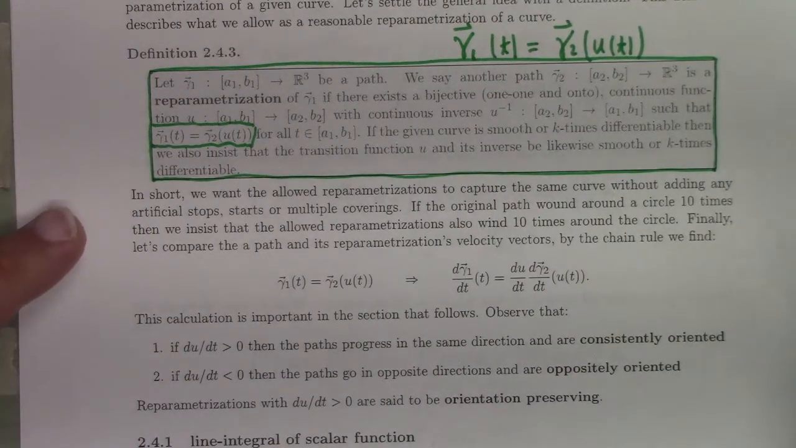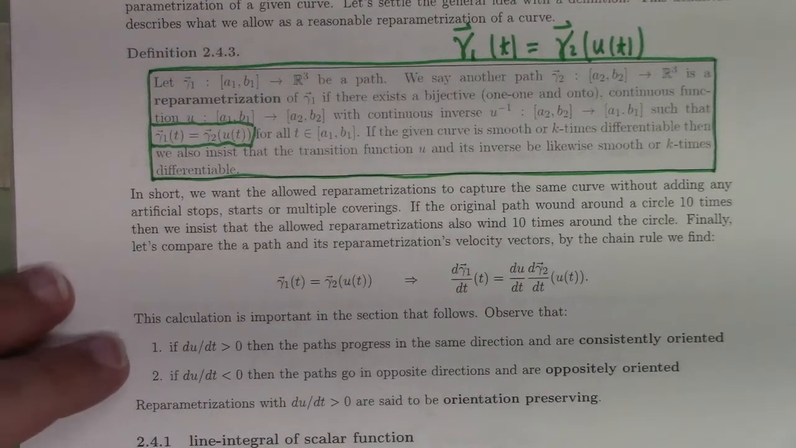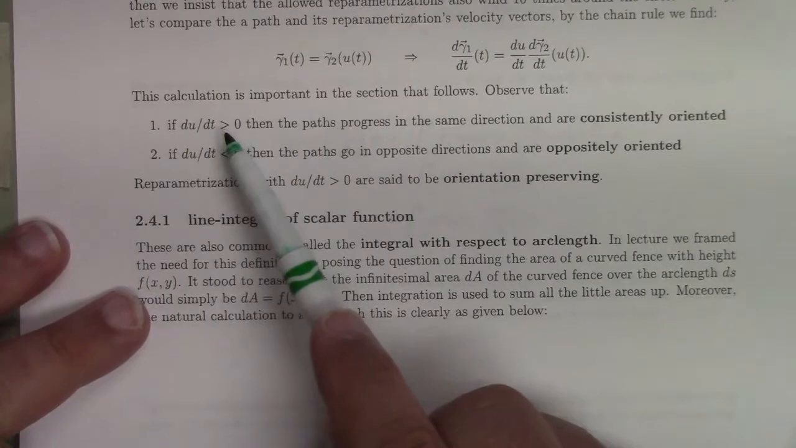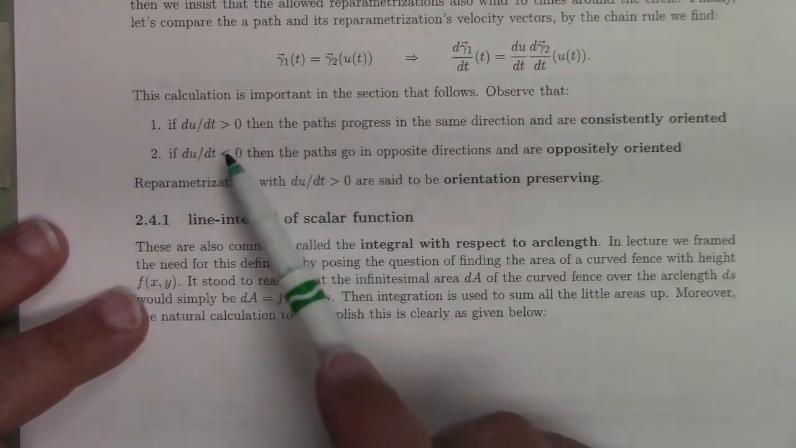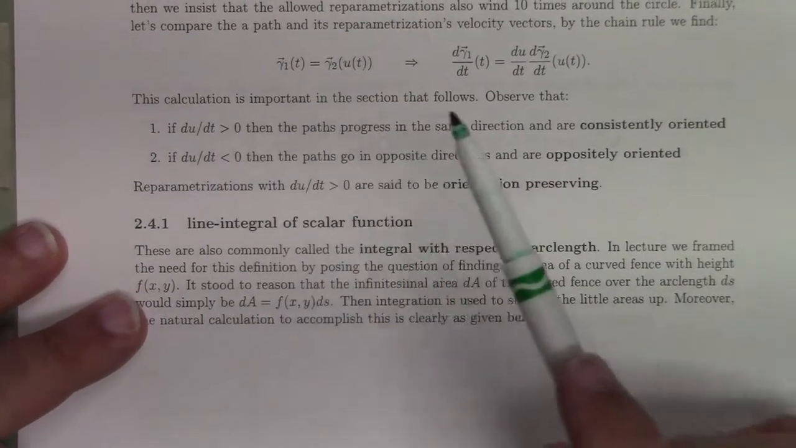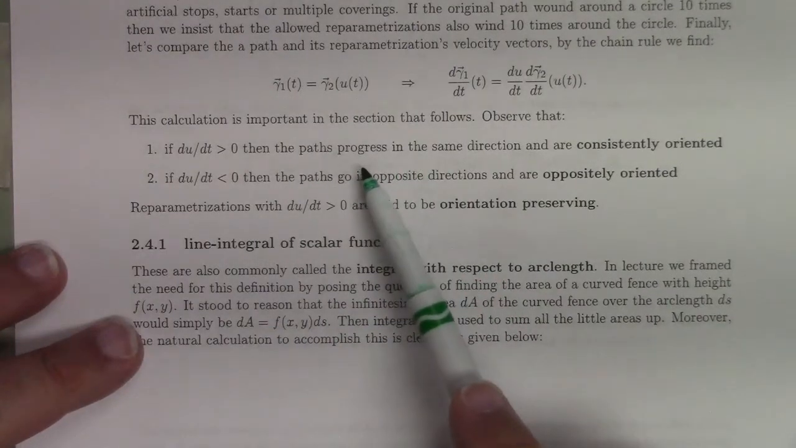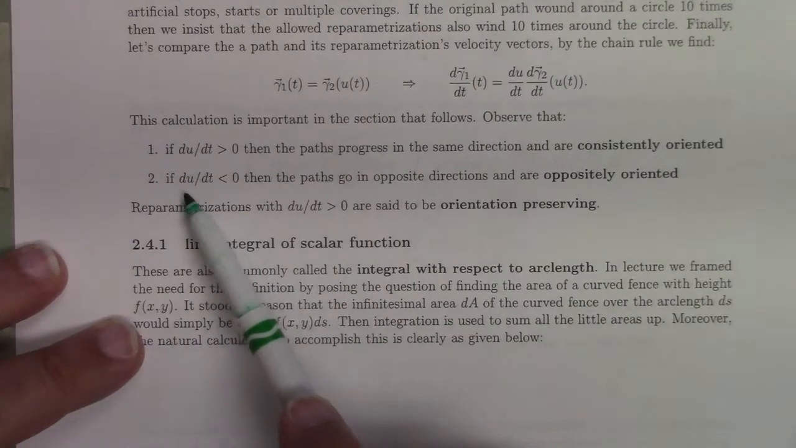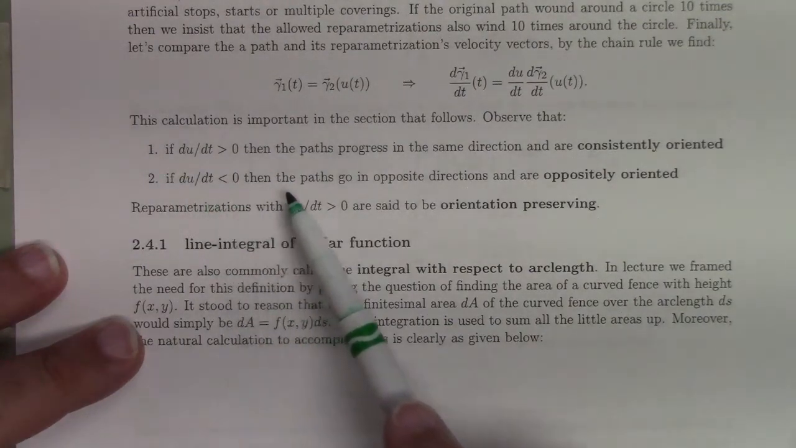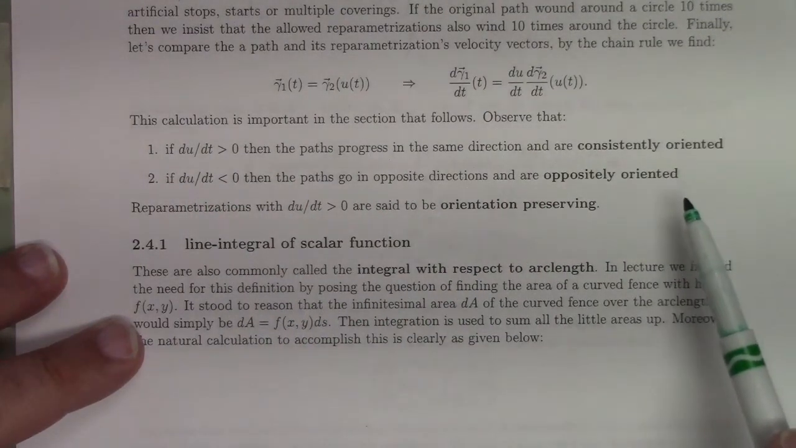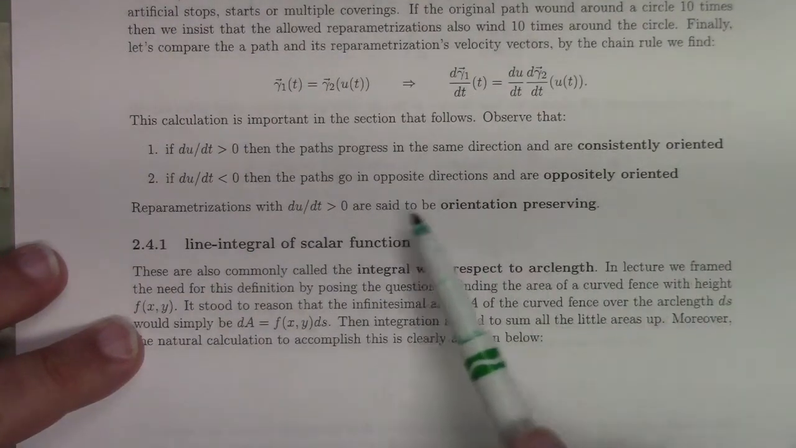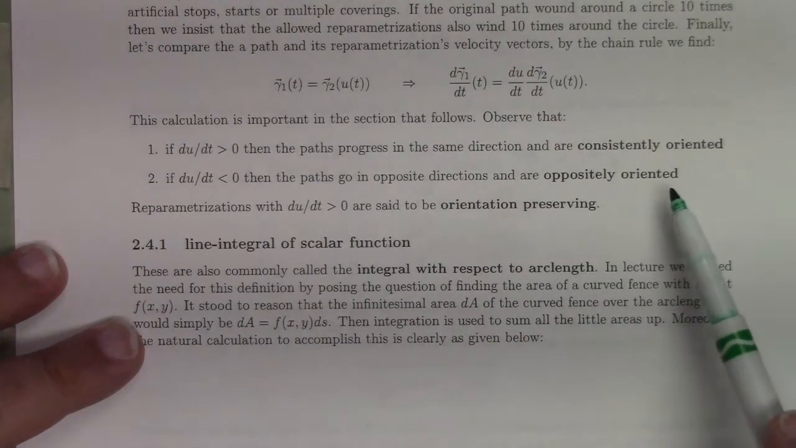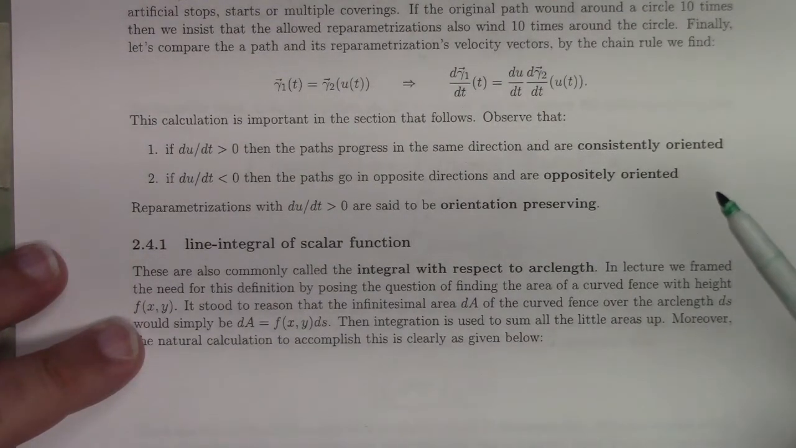So you need to have either that the derivative of the reparameterization is everywhere positive or it's everywhere negative. If the derivative is everywhere positive, that means that the path and its reparameterization are consistently oriented. On the other hand, if it is negative, that means that they're oppositely oriented. So like a reversal of a path could be a reparameterization, possibly. Although I think technically,